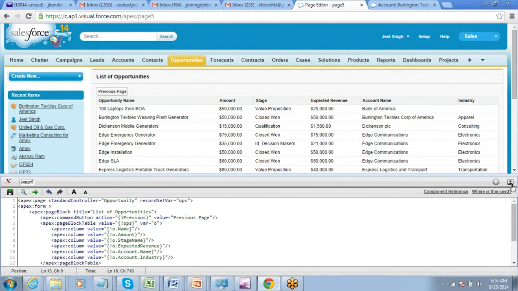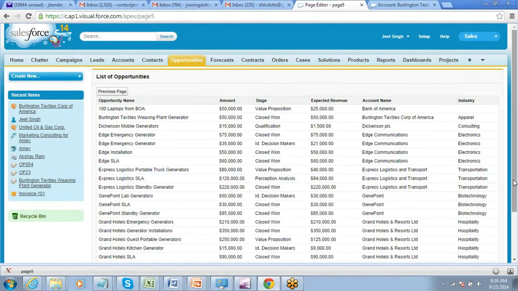Okay. So now we understand the standard and standard list controller actions, we know how to create tables, we know how to create forms, input data, save the data, right? So almost everything we understand as far as our standard controllers are concerned. There's one thing that we will need to do now. How do we use these Visualforce pages? Now this is very important.